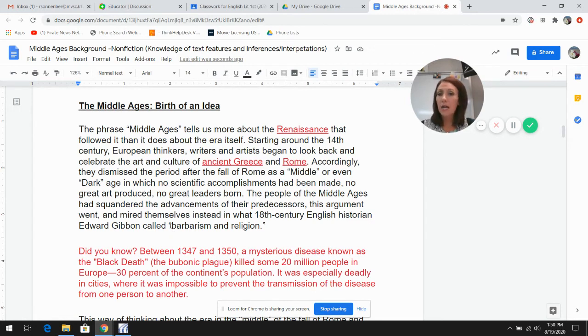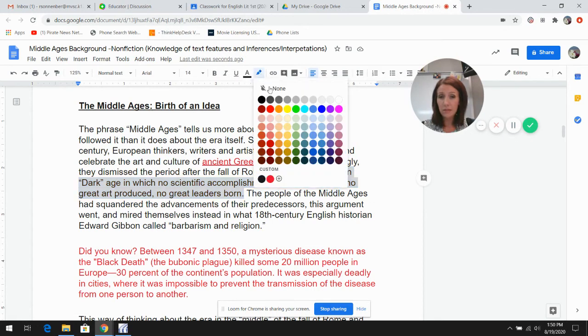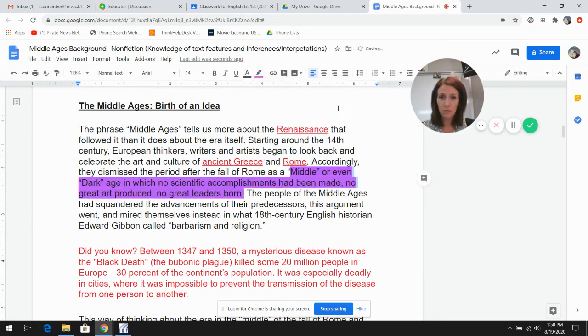So I first need to highlight something. The thing that struck me was it felt like they dismissed a lot of this stuff that was done. So I'm going to highlight that they dismissed all of these accomplishments, and I'm going to highlight that as my sentence. The other thing that I thought, which is an inference, is if the Middle Ages tells us more about